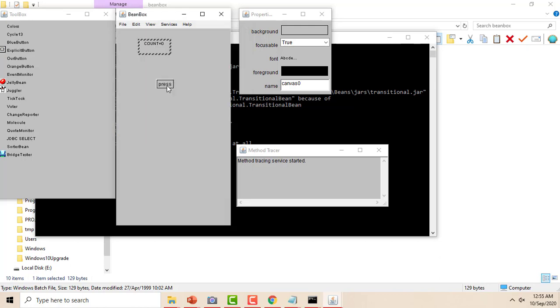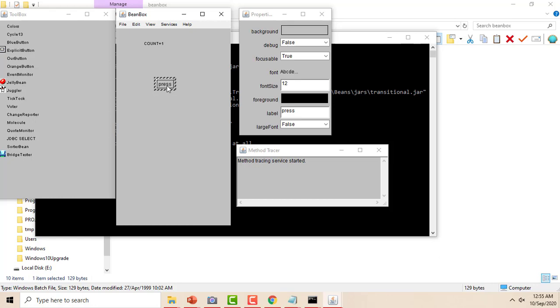Let's see the output. While we are clicking on the press button, the count will be incremented. That is, we are creating one simple bean count. We are incrementing the number of mouse clicks. So what is the example here? We are increasing the count while the button is pressed. The example we have seen calculates the number of button clicks by using the count value.